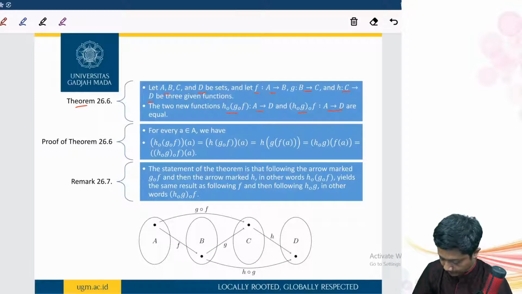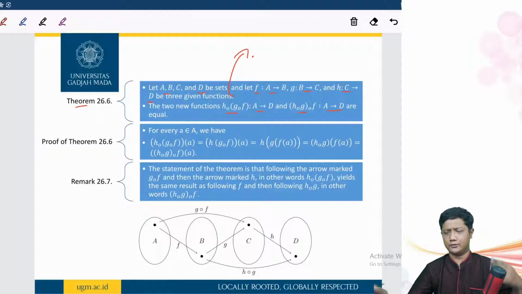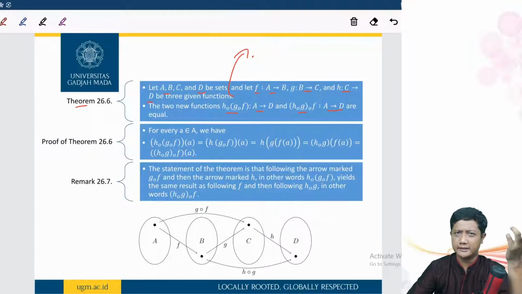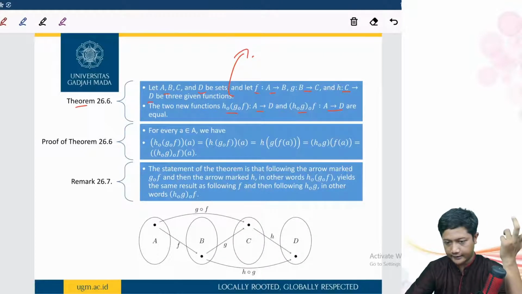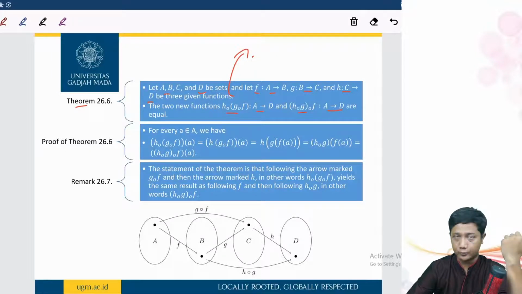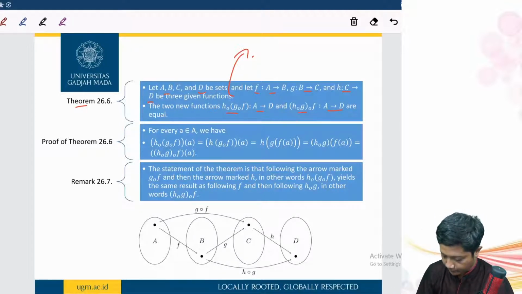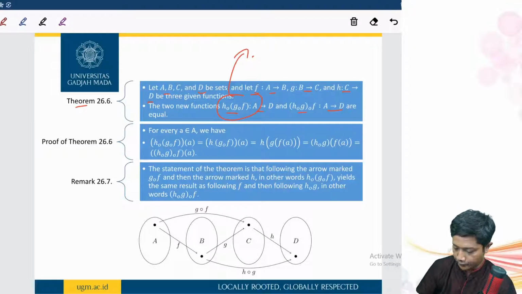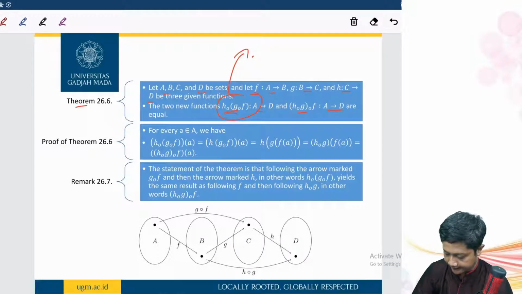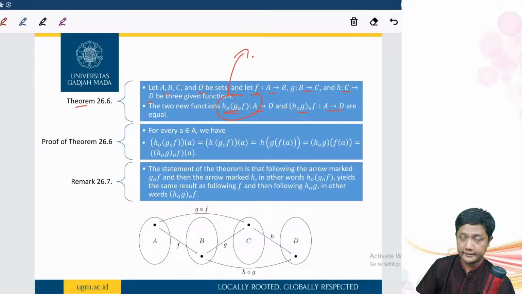Okay. And why is it important? Because when you learn mathematics a little bit deeper, there are some topics like group theory, and you will need the associativity there. So this kind of property is important in mathematics. And how to prove it? Really easy. How to prove? We have 2 same functions. So take any object in the domain, then prove that the map is the same.